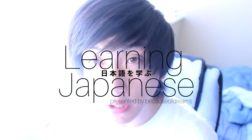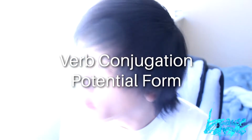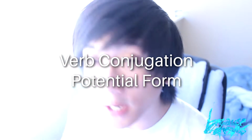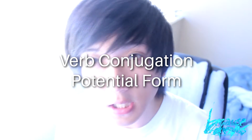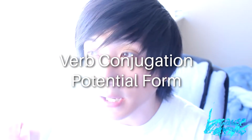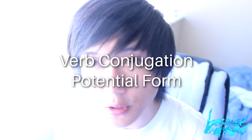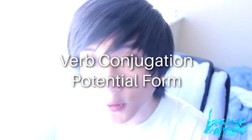Today we're going to cover a really important topic, and that is the potential form. Alright, potential form. We've actually covered this before, but it was a different construct. It was using just the dictionary form of the verb followed by the phrasing koto ga dekimasu. And this was using the actual verb dekiru, which means to be able to do. So all we were really doing in that sense was saying, I am able to do this verb literally, but